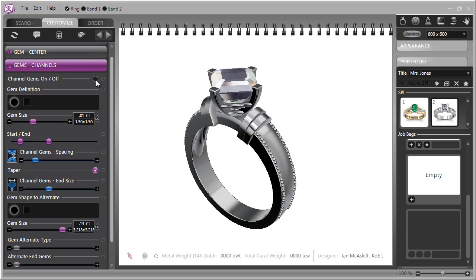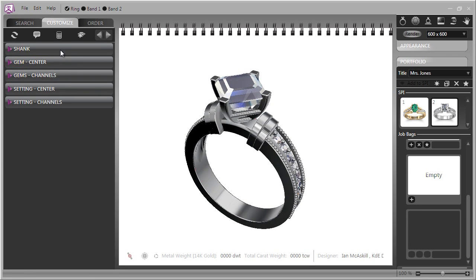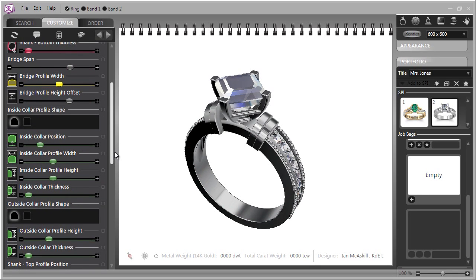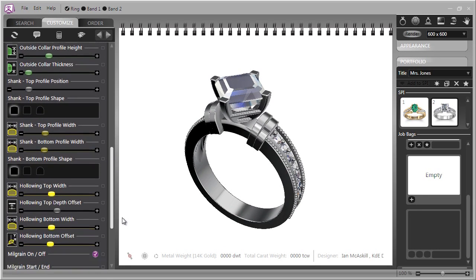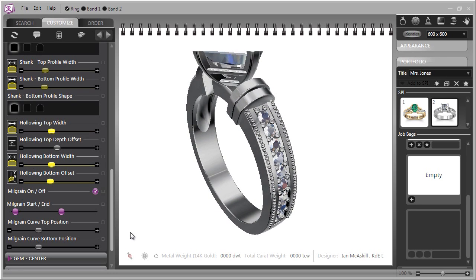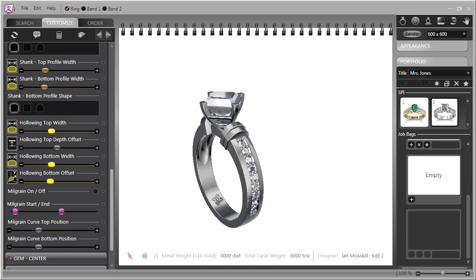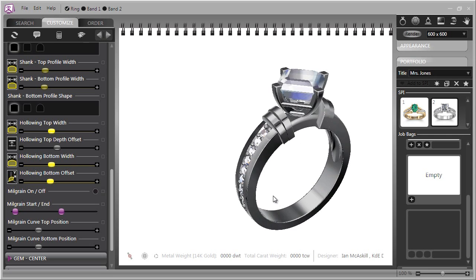Let's turn those channel gems back on again with a click, and let's look at another aspect that you could customize. Perhaps your customer likes everything about this except she would prefer not to have the milligrain beading on the side. Again, that's an easy change. Simply select the on-off for the milligrain and click it once, and now we have the model with the milligrain